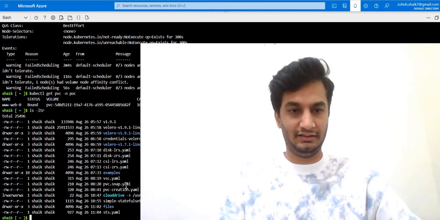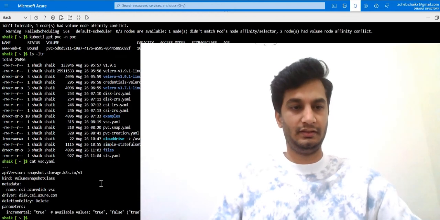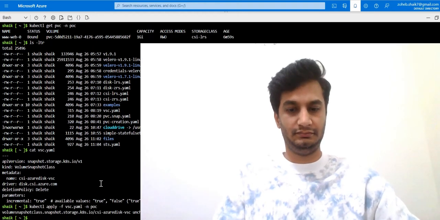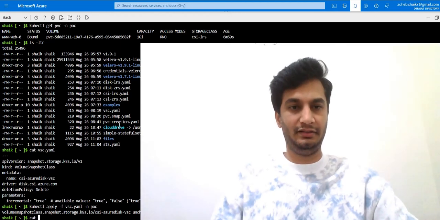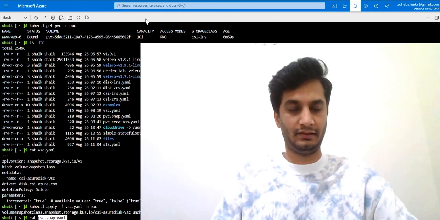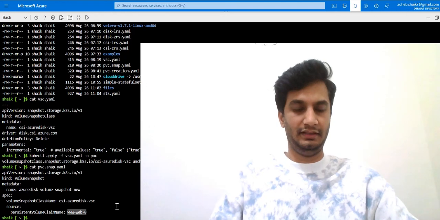Yeah, and I'll open this file now. VSC. This is for the snapshot class, VSC.yaml. Yeah, I have created the snapshot class. After that I need to create a snapshot from the existing PVC.